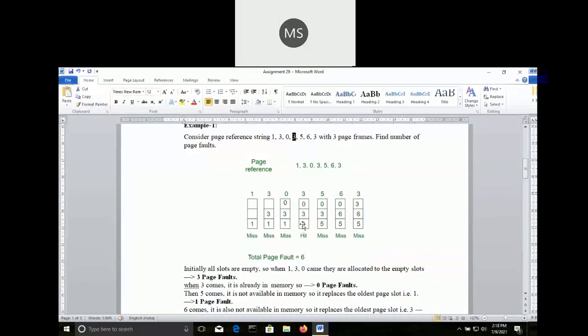You see 3 is already available in the loaded frames, so it will be called a hit. So this is not a miss.